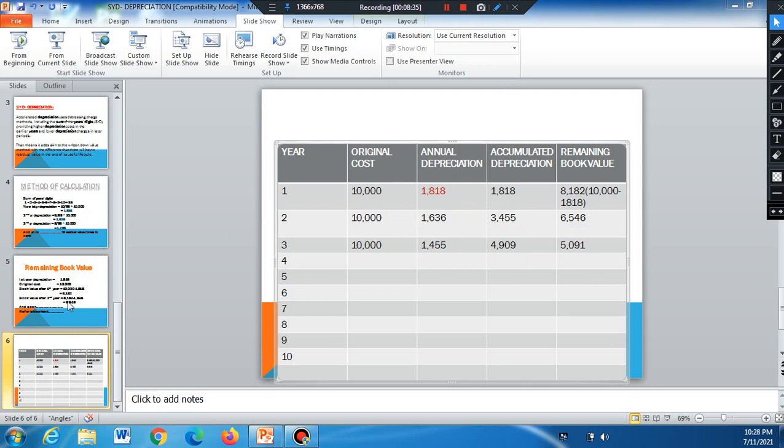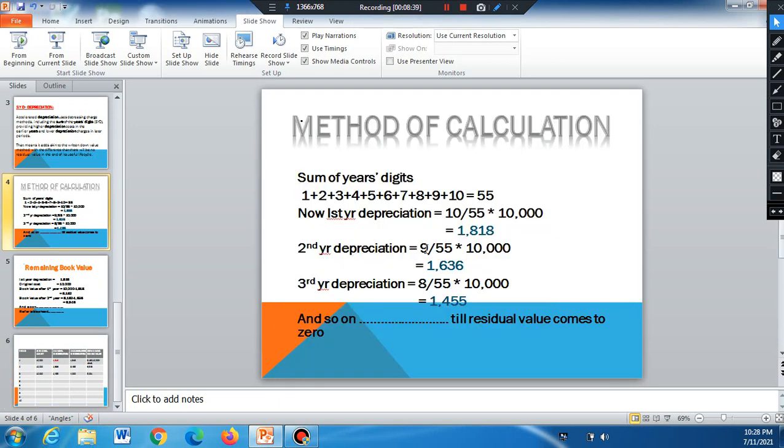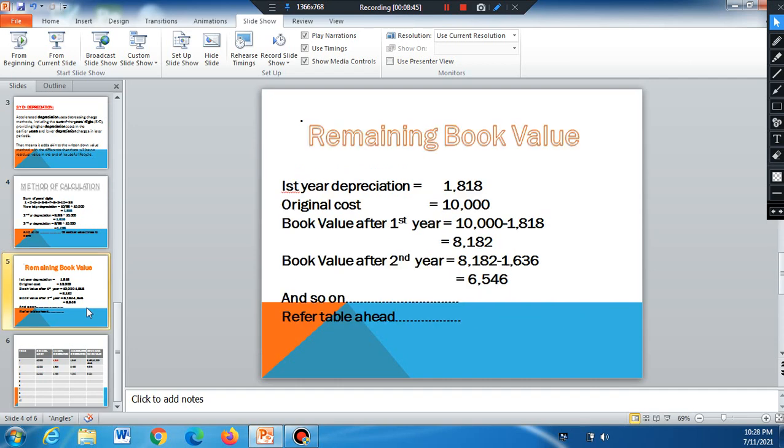Okay, so we will just take a look here. After 2 years, 9 by 55 into 10,000, 1636. Okay, and after 2 years, what will be the remaining book value? 8182 minus 1636, that gives you